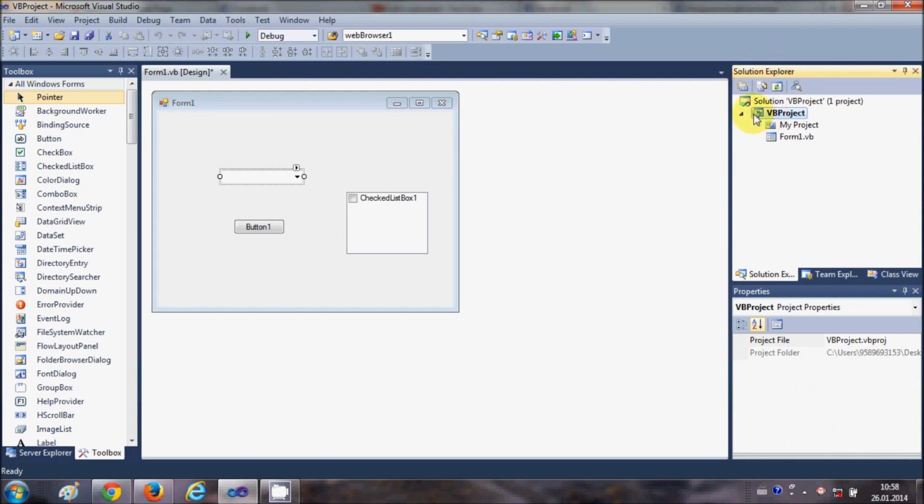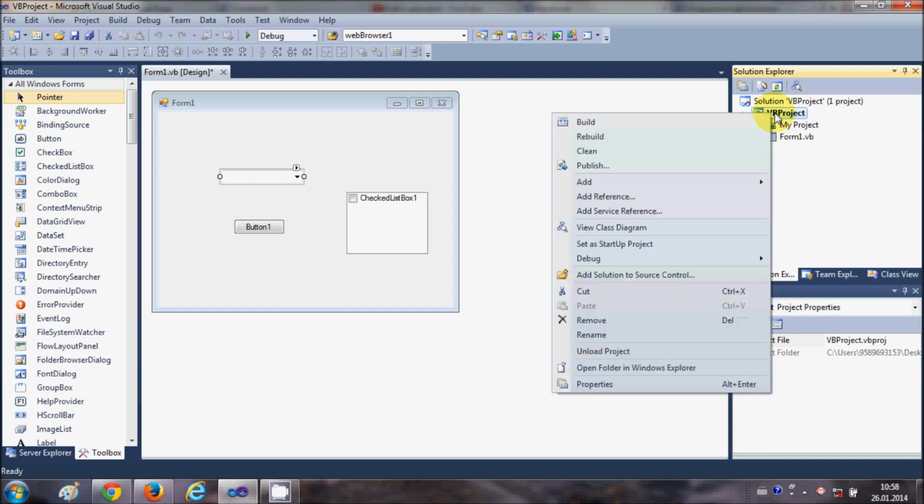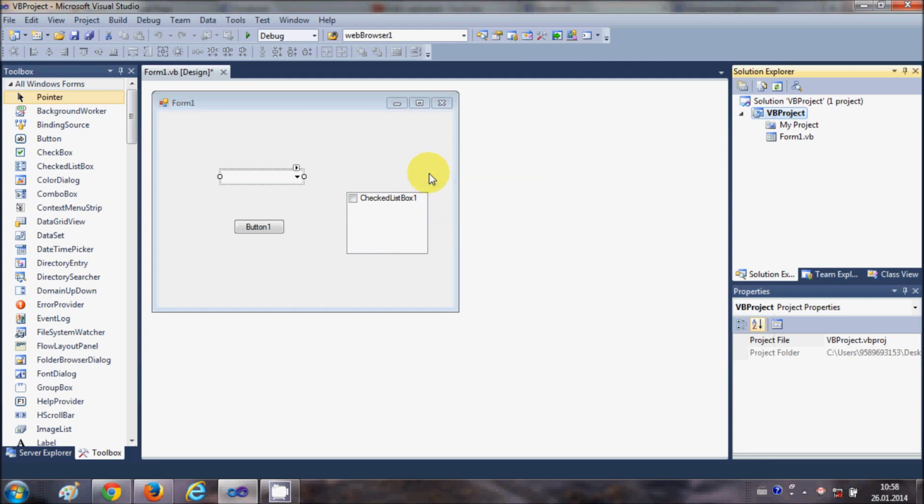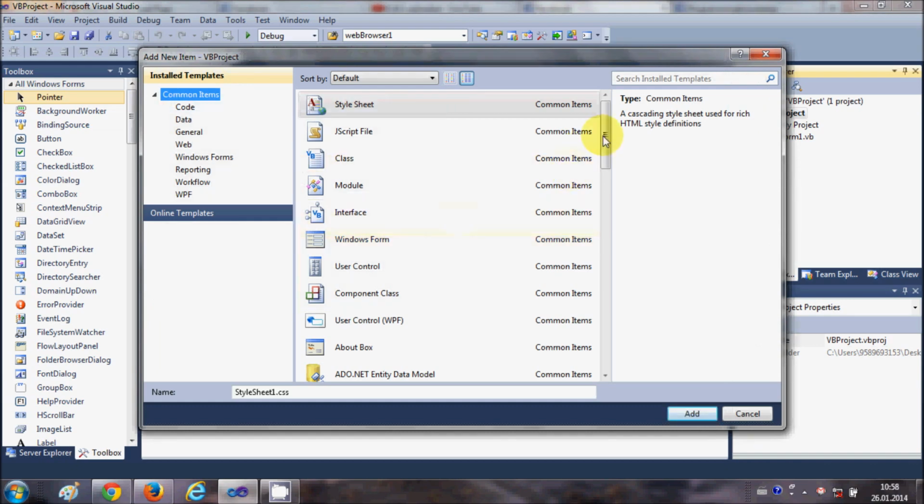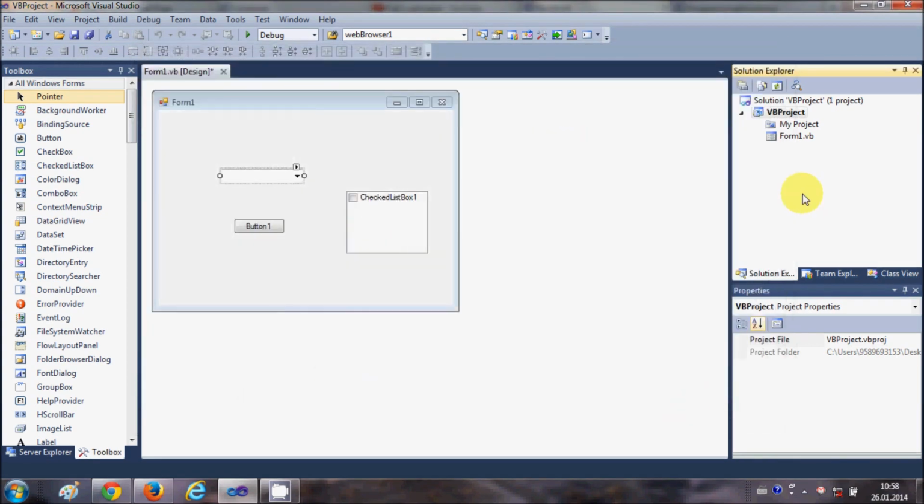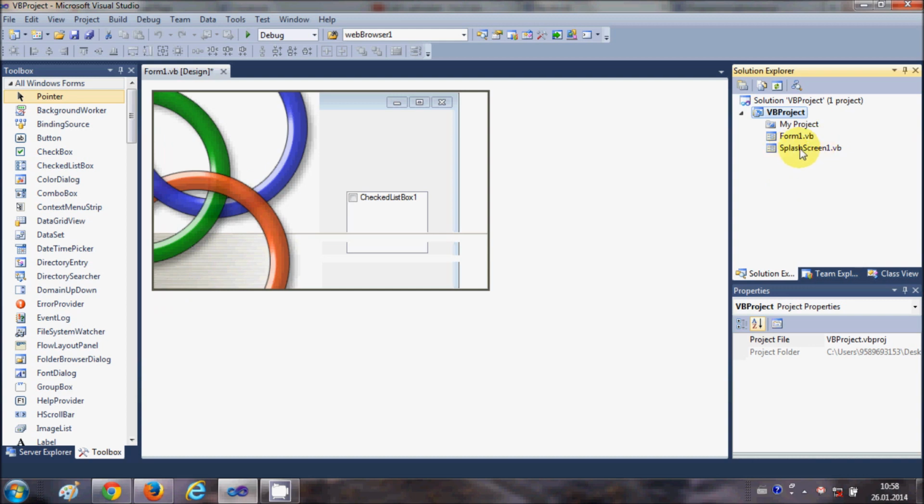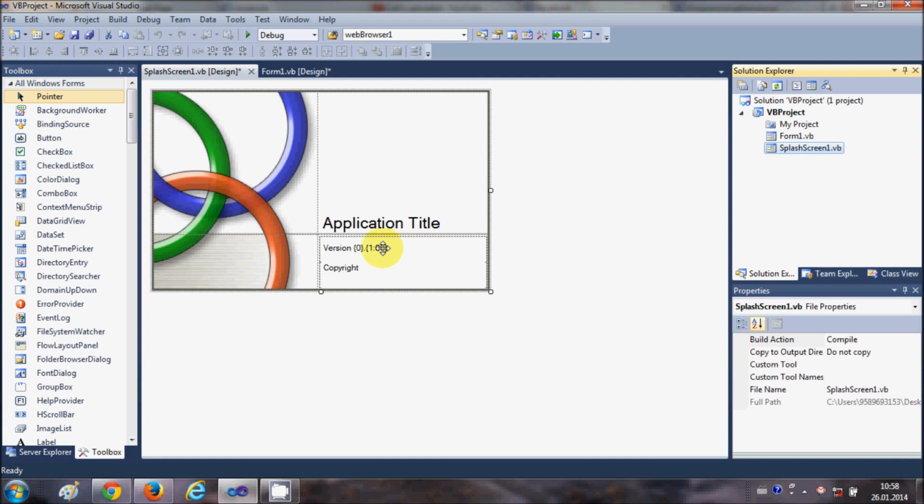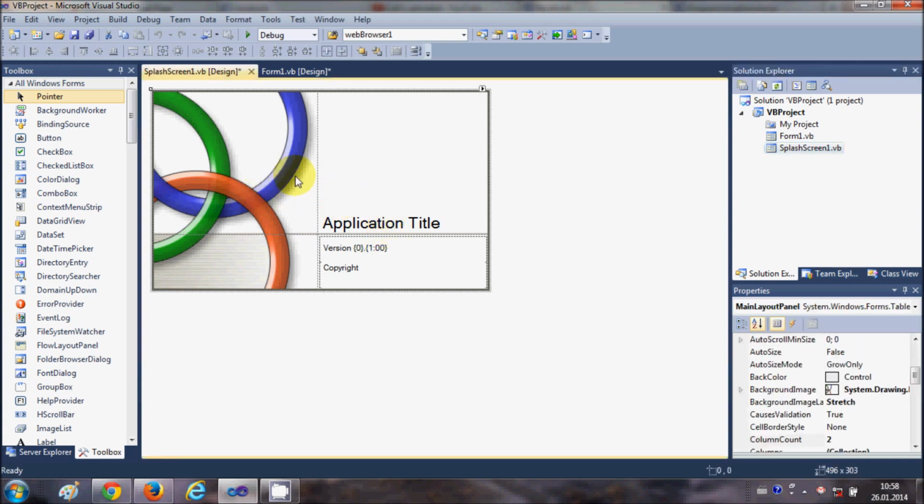So go to Solution Explorer and then select your project and right click it and go to add and click add new items, and in here we need to search for splash screen. Here it is. So this is a splash screen. Just select the splash screen and add it to your project. Once you click add button, the splash screen will be added to your project, and in here you can change